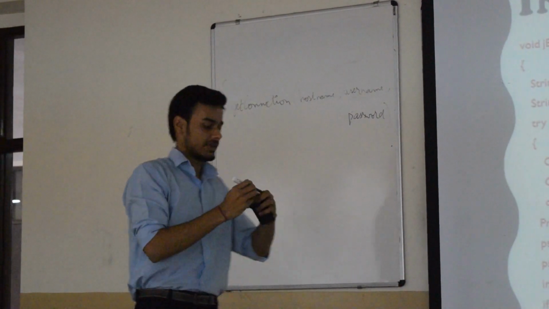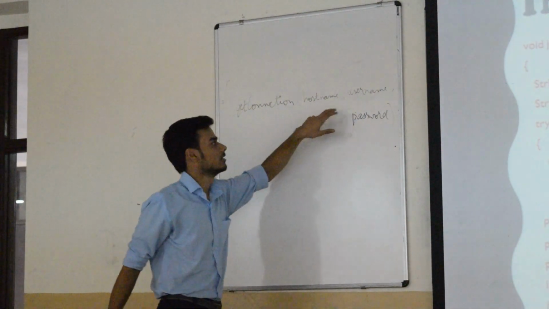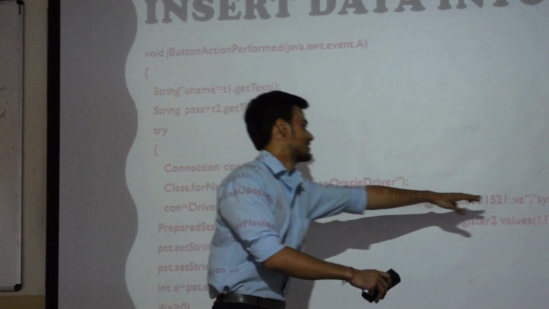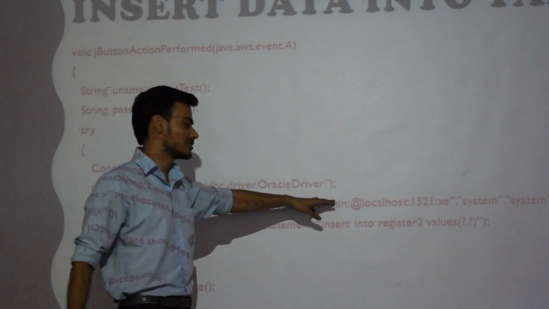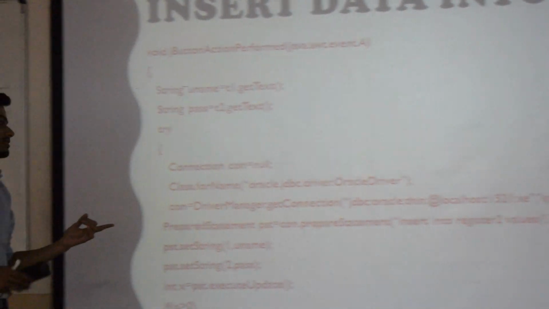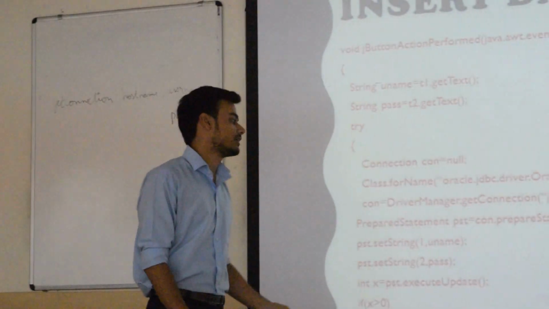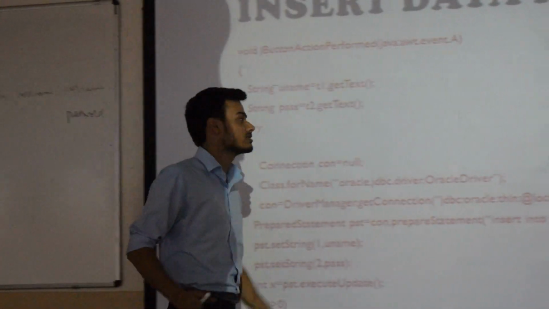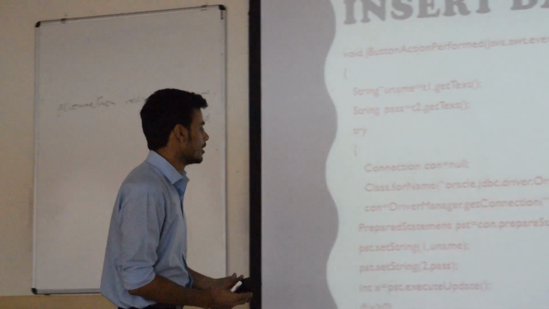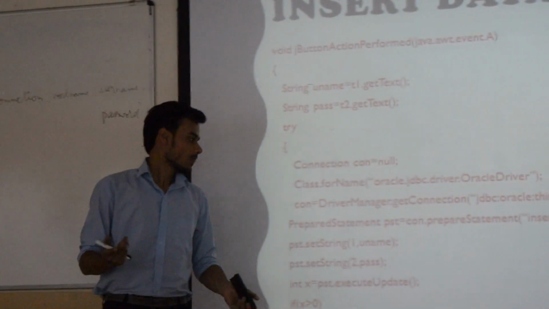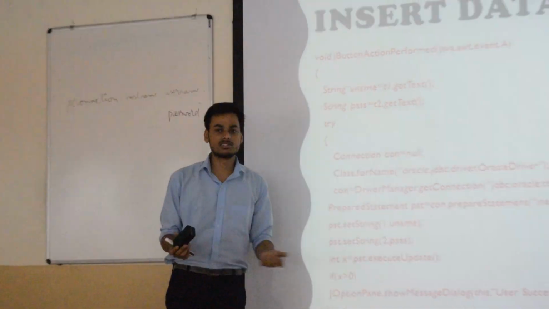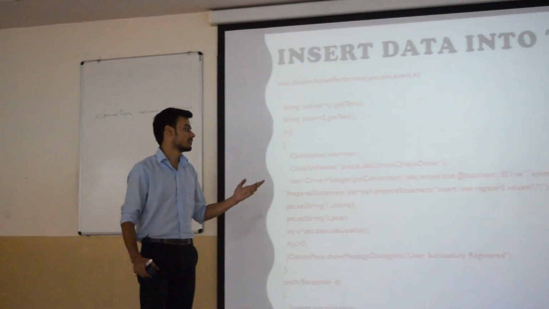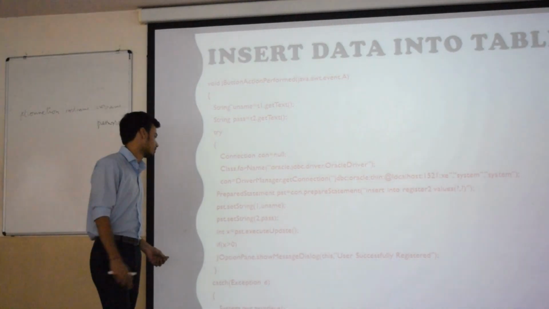The getConnection method has 3 operands: URL, username, and password. The URL is the JDBC one. It is the URL that we pass to getConnection. The URL is needed by the driver to establish the connection between the database and NetBeans. And system is the username and password that is default in Oracle. So after we pass the URL, the DriverManager sees the list of available drivers and sees which driver can use the URL to establish a connection.